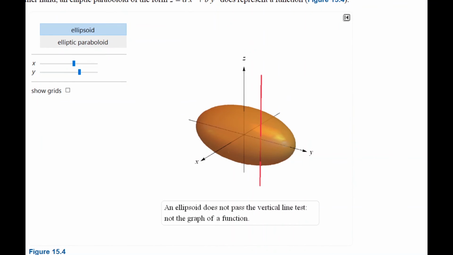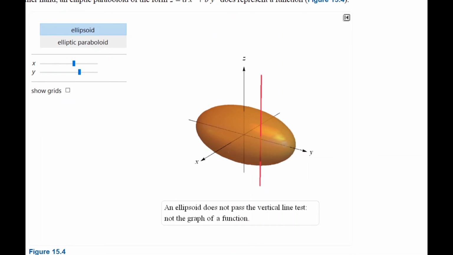So what you're seeing there is the ellipsoid. The function looks kind of similar to one of a sphere. It's just a bit different with the constants. And notice we could represent this with what we've done in a previous problem, x squared over a squared plus y squared over b squared plus z squared over c squared equal to 1. But notice that this would fail the vertical line test. I mean, you see that